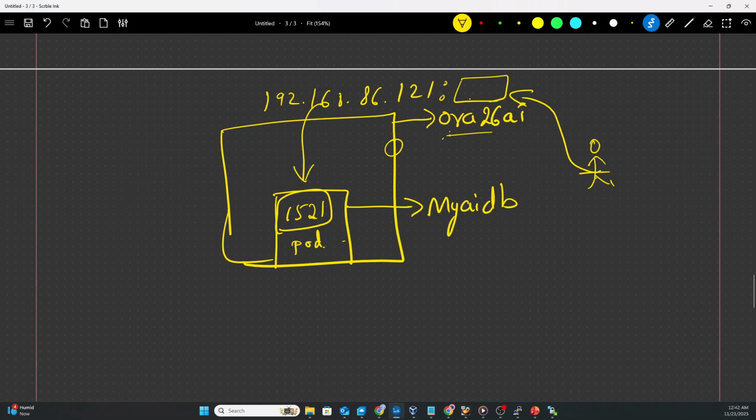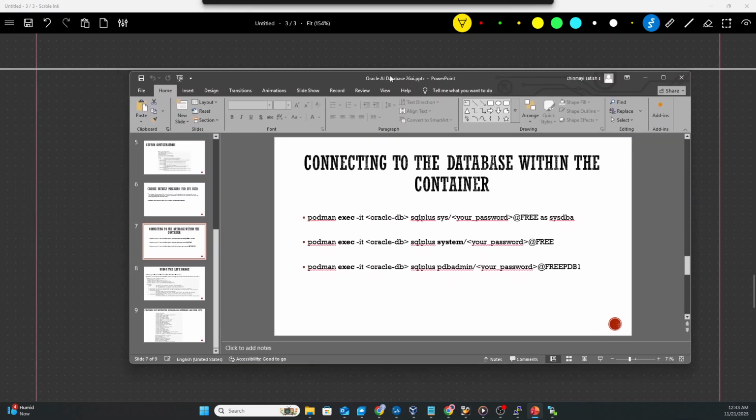For that, this is missing. This is the reason I said, when you create or install the database using the container image using the default method, as shown in this presentation,